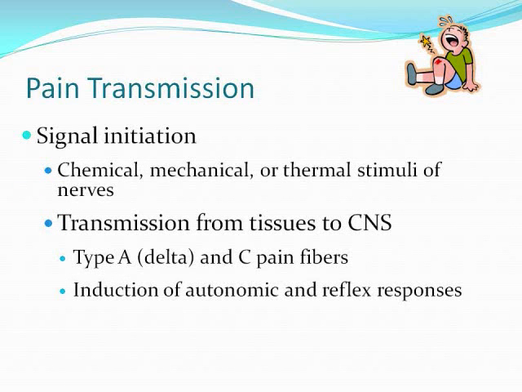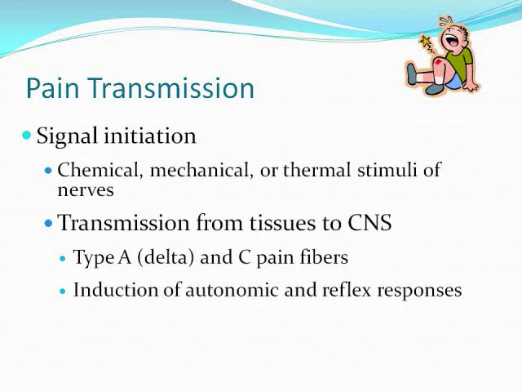Pain is transmitted and perceived. With transmission, you have the initial signal. We've got some kind of stimuli, and the nerves are stimulated either chemically, mechanically, or thermally. The nerves then travel to the central nervous system along the type A delta fibers and the C pain fibers,